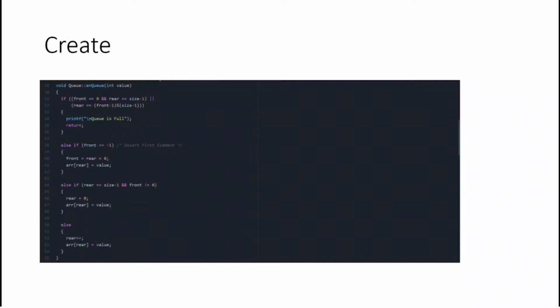And then we printf "Queue is full" and then return. Else if front equals minus 1, then we insert the first element. And remember, we cannot put 0 or minus 1 in the input of the front element. Front equals rear equals 0, array[rear] equals value. Else if rear equals size minus 1 and front does not equal 0, rear equals 0, array[rear] equals value,